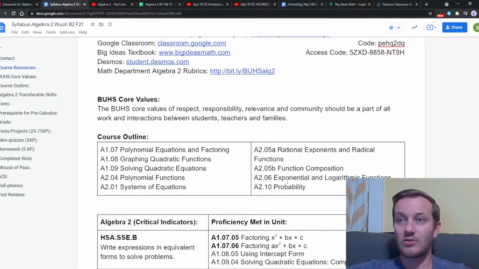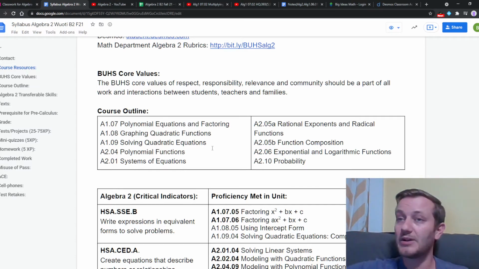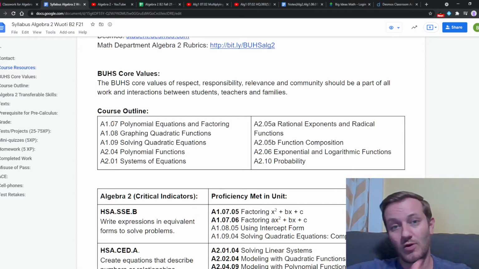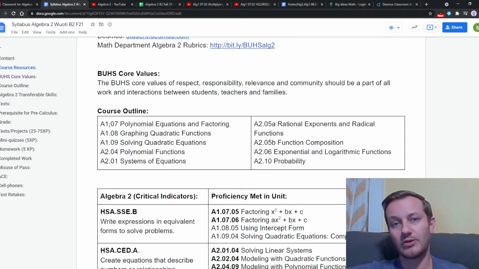But here we go. So as far as the course, Algebra 2, we're going to be learning a whole bunch more mathematical language that helps us understand and make sense of the world around us and be able to kind of make optimal decisions, things like that. And so some of the content that we hope to make it through today, you'll see, is from both an Algebra 1 and an Algebra 2 textbook. And so we're taking some of the best stuff of each of these. So anywhere you see A1, that's referring to your Algebra 1 book, and anywhere you see A2, that's Algebra 2